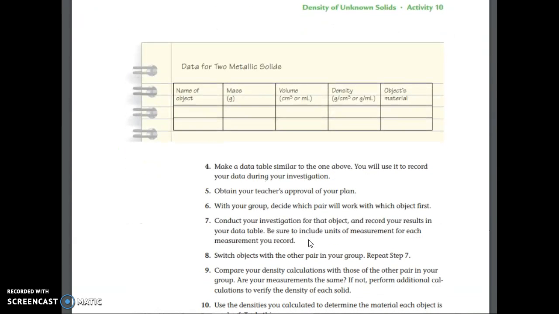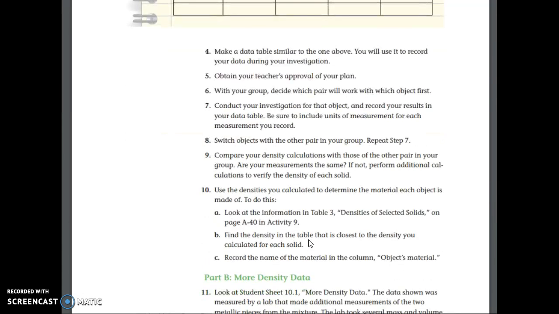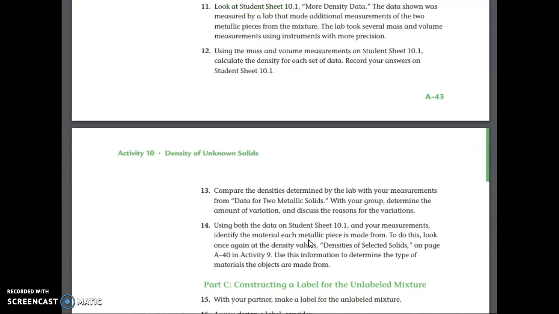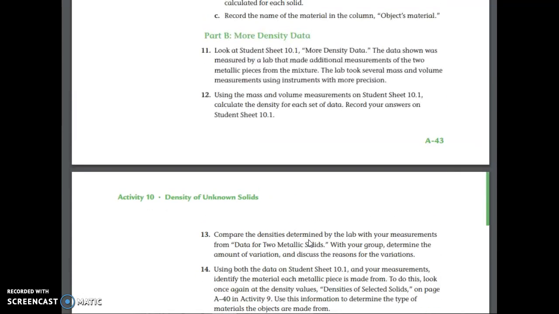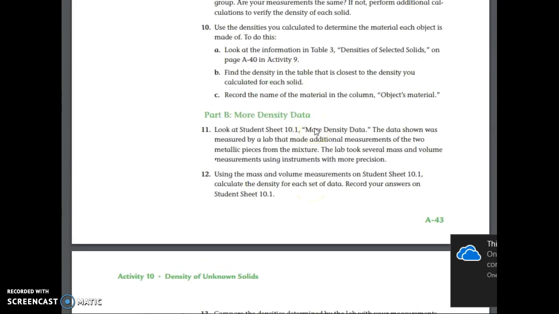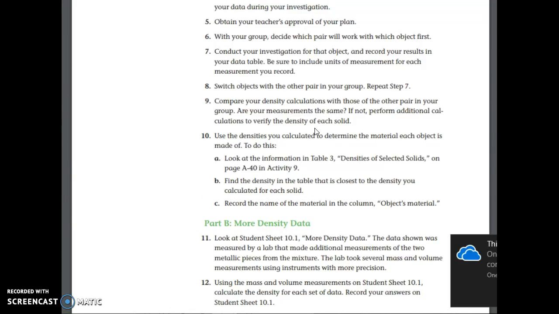and you're going to first label the mass of each one, the volume of each one, and then calculate the density of each one. Once you have calculated the density, then you can use the chart from activity 9 to figure out which metals the two are, and then list that on page 39 in your journal. Those would be the last 2 you need to list on page 39,